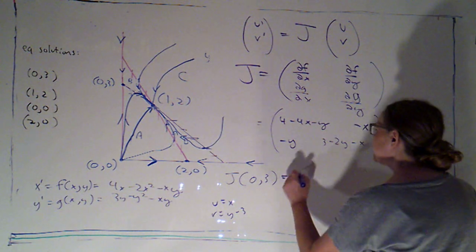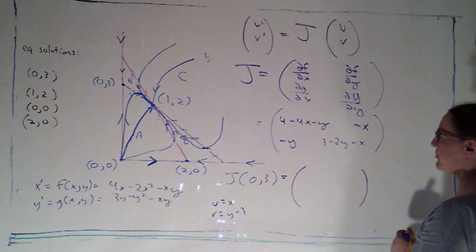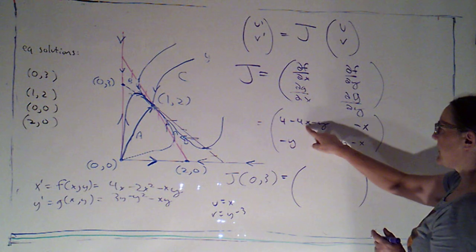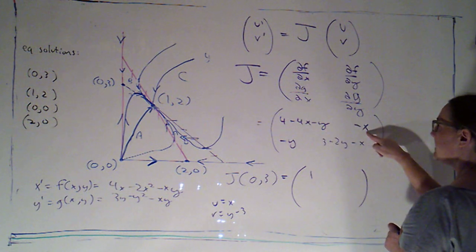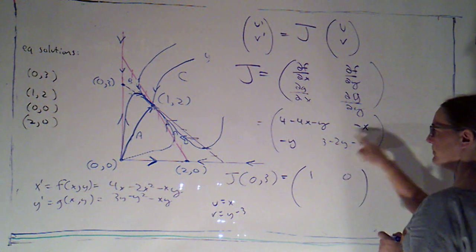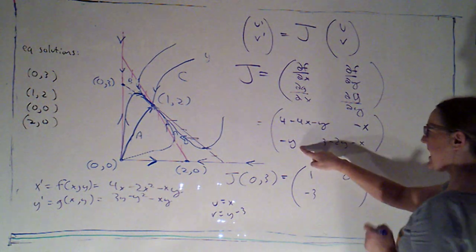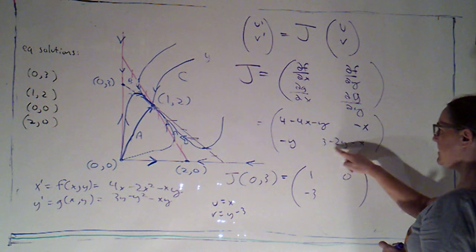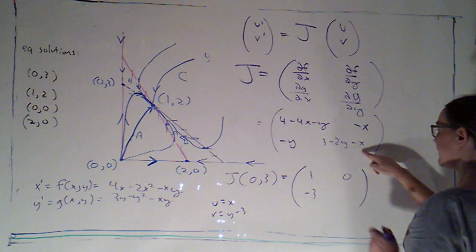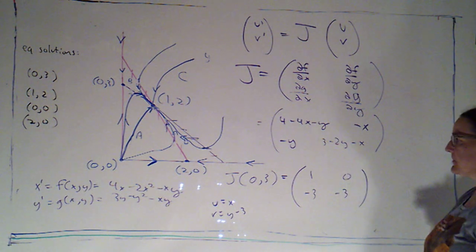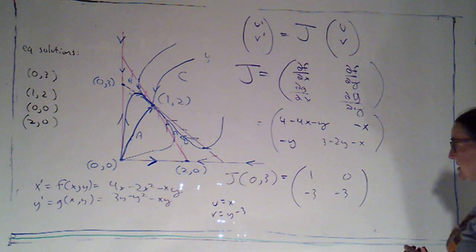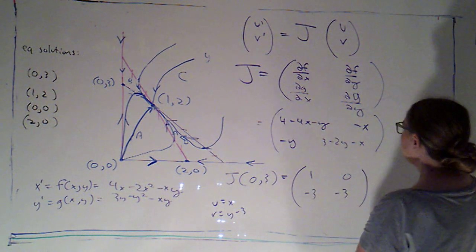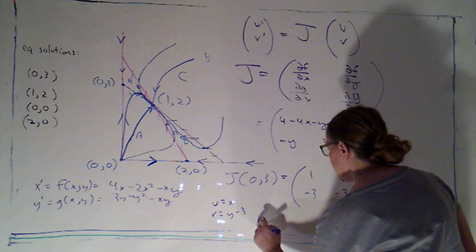Okay, so the Jacobian at (0, 3) is going to be 4 minus 0 minus 3, which is just 1. The opposite of x is 0. The opposite of y is negative 3. 3 minus 6 is negative 3, minus 0. So we get this. So for our characteristic equation, I'm going to use the shortcut that it's lambda squared minus the trace